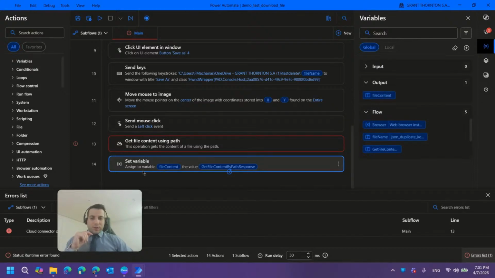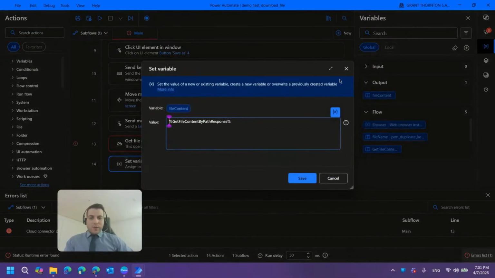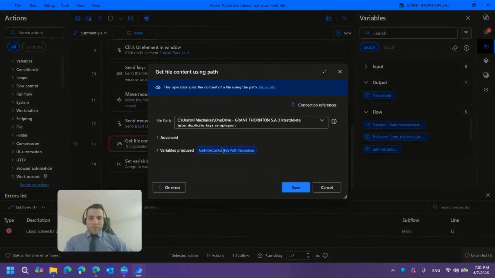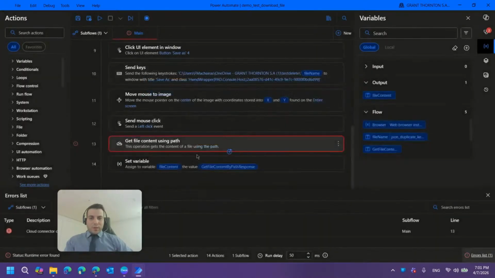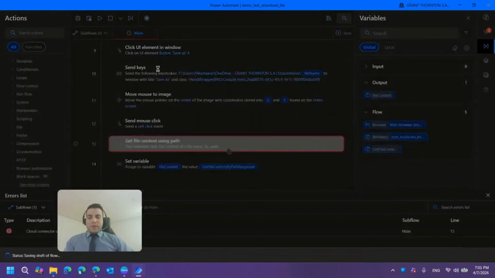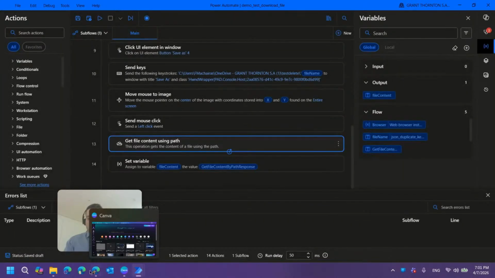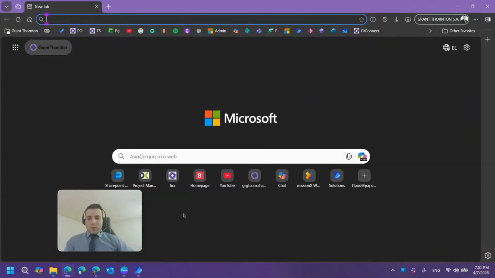It's the file content assigned to variable, find content, and takes the get file content by response, which is this variable here, and put it to the cloud. And we have to save it. And we will go to see what is the cloud. So if I open this instance here,